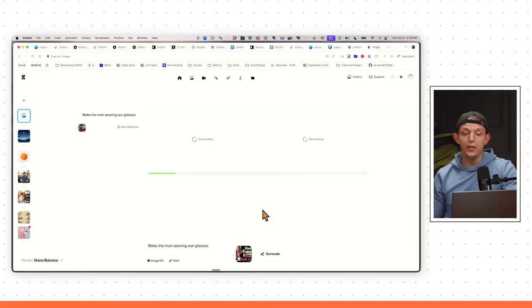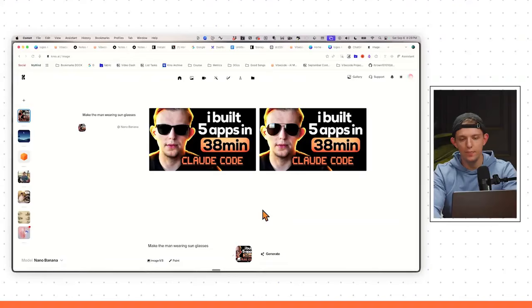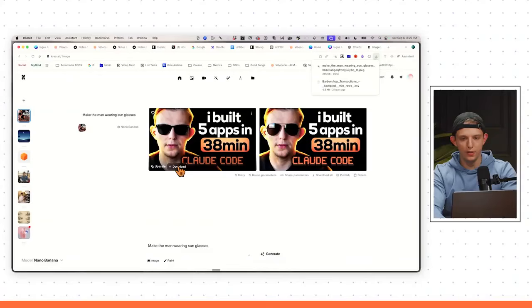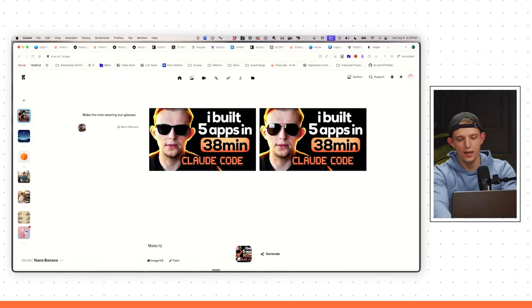Krea is almost a $1 billion company at this point, one of the fastest growing companies in the creative AI space right now. And it is using the APIs of all of the popular tools. And so you can use Nano Banana to make these edits, right? And so I can remove this image, and I can download this one, and we can use this one. So now we have this image of me wearing sunglasses, and I can say, make his